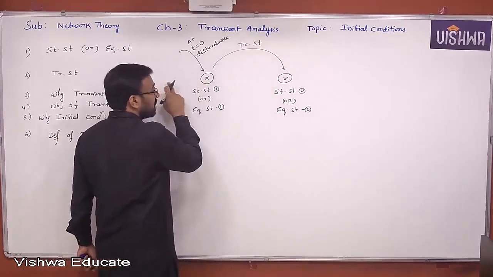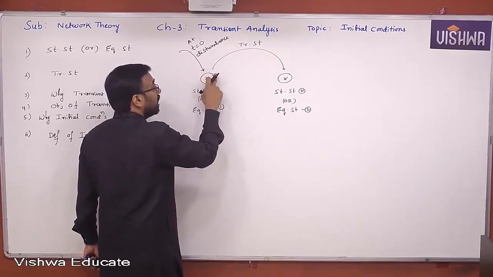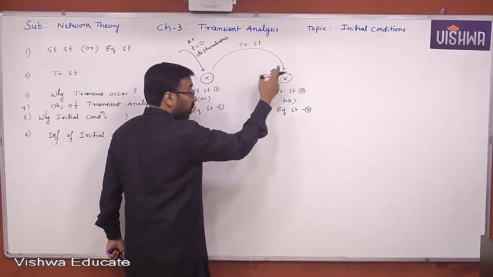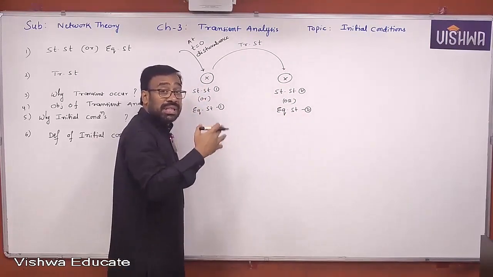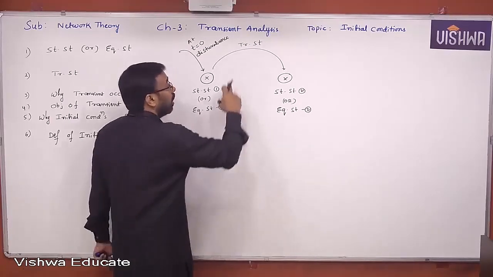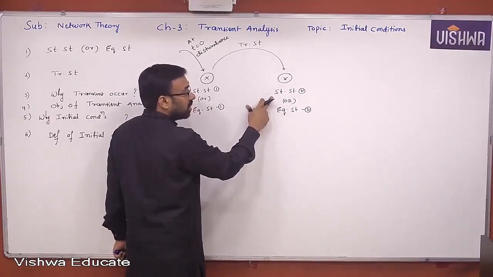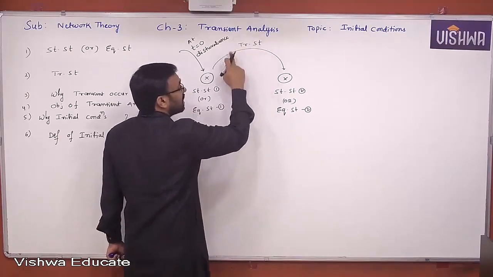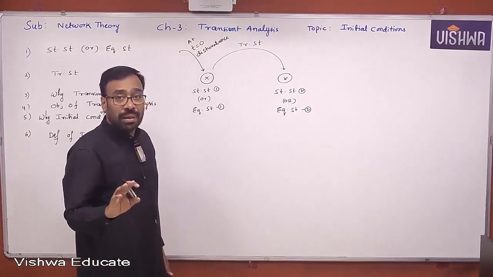So, initially the system is in steady state. Suddenly some disturbance takes place. Then it will enter into transient state. But finally it will reach steady state after some time. We don't know how much time it takes. It all depends on the system and its characteristics, which we will discuss later. But it will definitely reach what? The next equilibrium state, or next steady state. Before it reaches the next equilibrium state, the system will definitely be in transient state. I hope you understand the point, all of you.